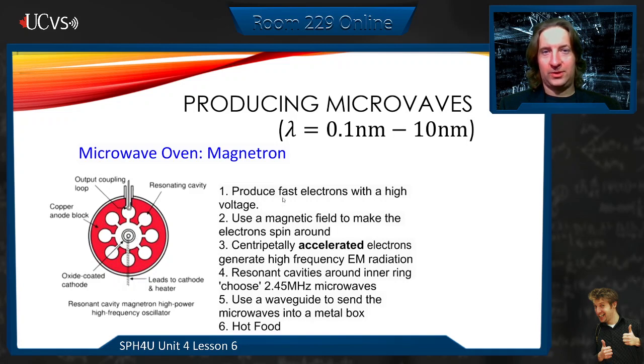Now, that's the first thing we do. We use a high voltage to produce electrons. So these electrons are going to come off of this metal and will get launched towards this anode, right, by the electric potential there. Then we're going to produce a magnetic field in these little cavities, these holes. And the shape of that cavity, the radius of this hole, actually chooses the rate at which the electron spins. Okay, so we're going to centripetally accelerate electrons, and we're going to make them go around, and we're going to